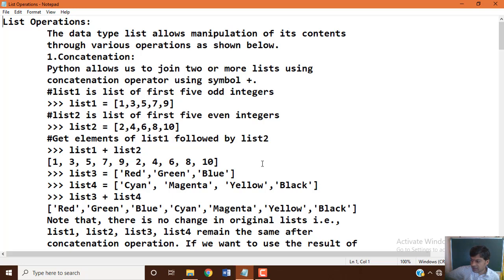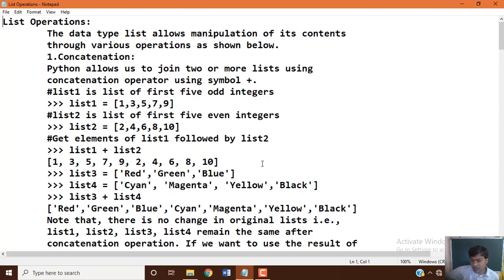Concatenation or joining is a process in which multiple sequences, here lists, are combined. The definition says list is an ordered collection of data items, a sequence, which can be combined together with the help of certain operators.